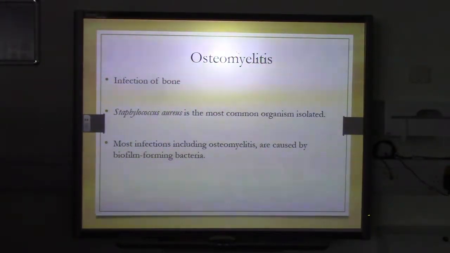It can also be caused by other organisms, including strep and Pseudomonas. Most infections, including osteomyelitis, are caused by biofilm-forming bacteria. If we think back to the slide on wound healing and that biofilm, the bacteria are encased in a matrix and able to work better together